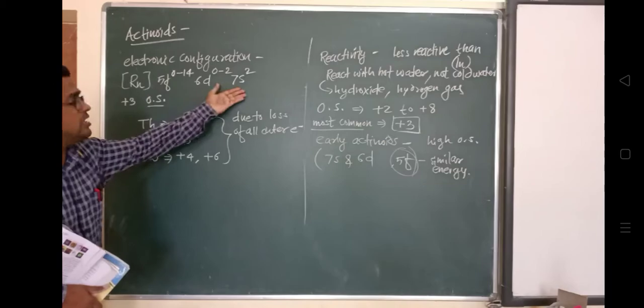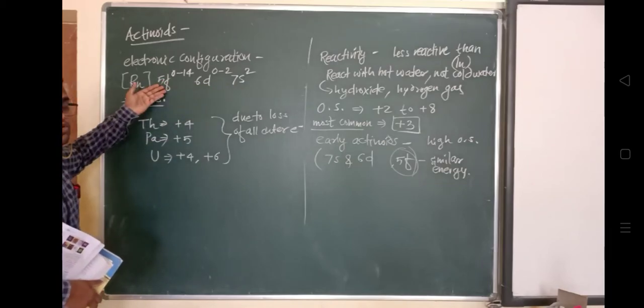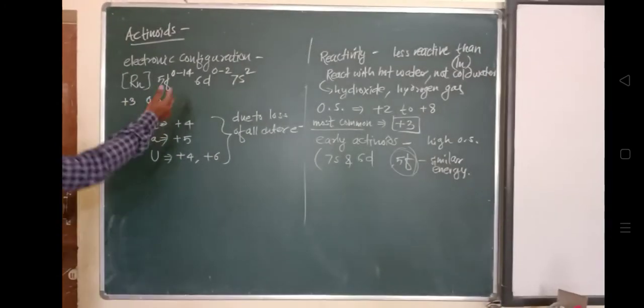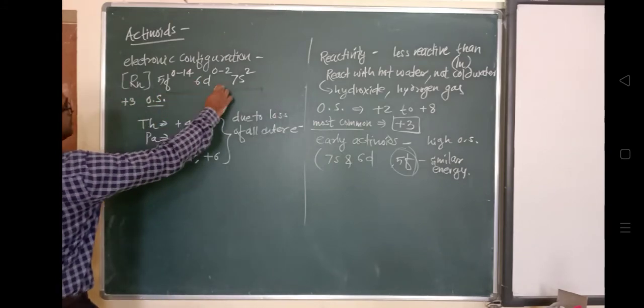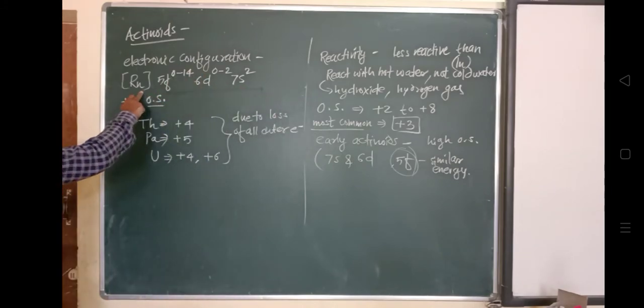The loss of electron will take place from the last orbital, like this 6d orbital of Ru. Loss of electron will happen there, and from the others too. If the loss of electron happens from the incomplete orbital, then the electronic configuration of radon is reached. In this way, due to loss of all other electrons, it is similar to the transition metals and the lanthanoids.